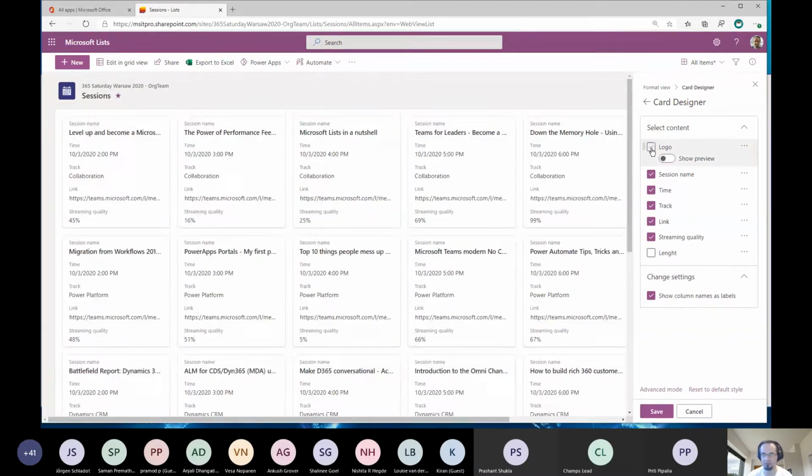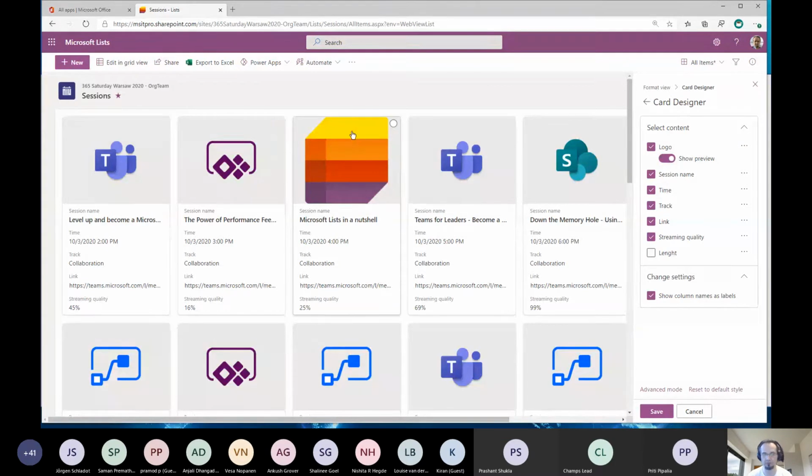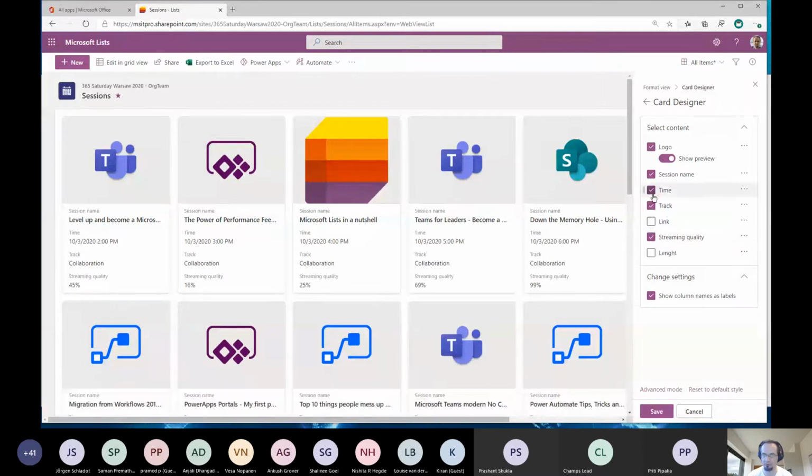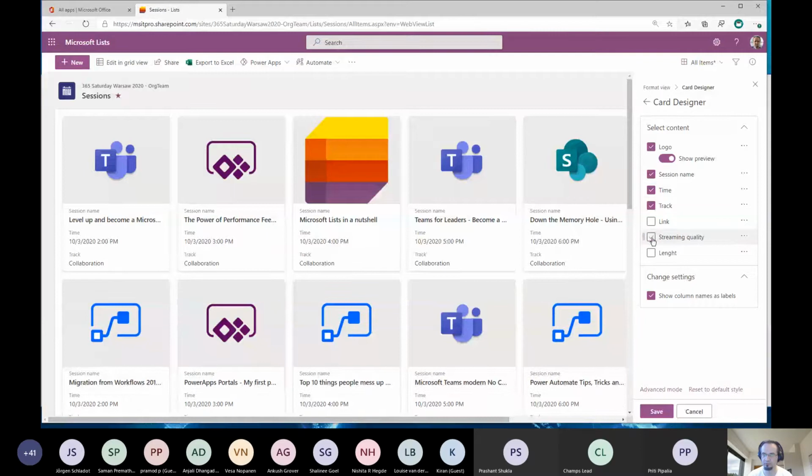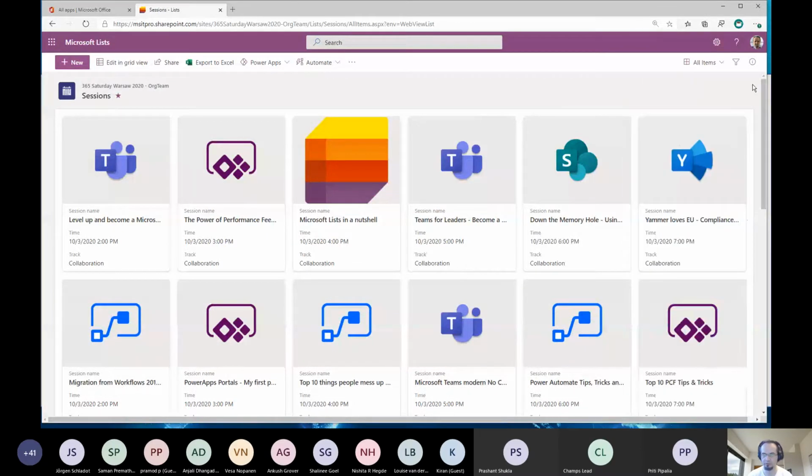I can hide the logo, but it's a gallery, so it's good to see our logo. Let's say link is not required. Track, maybe session name. Save. And that's all. So I can very quickly customize my gallery view to display the required information.